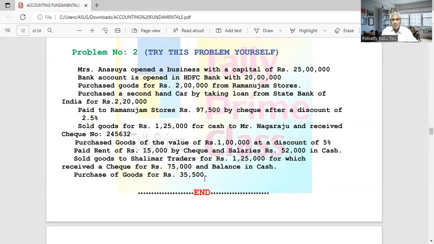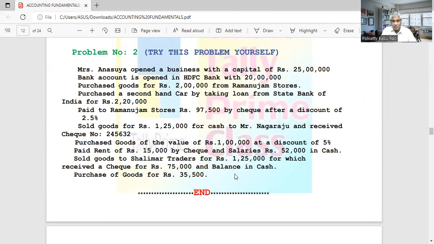As far as this fundamental of accounting is concerned, mostly commerce background students will know this. But by viewing this, they will refresh their memory, and if they have some doubts, they can get clarification here. And accountants already working, or those from other fields, can learn well here. Suppose he is a BSc student, MSc, BTech, even BTech students are now learning Tally and accounts. So students from other streams can learn well. That's why I am giving it in an elaborate way.